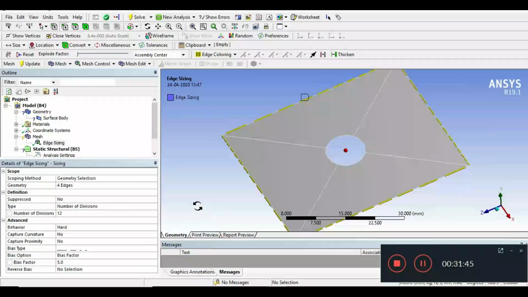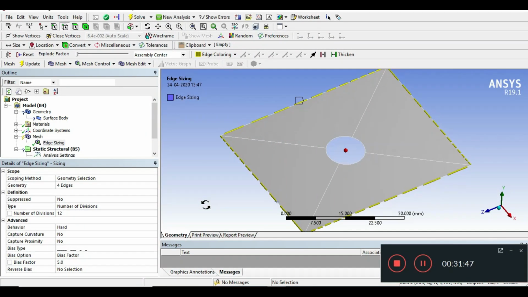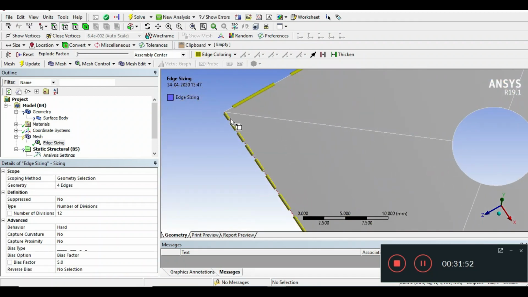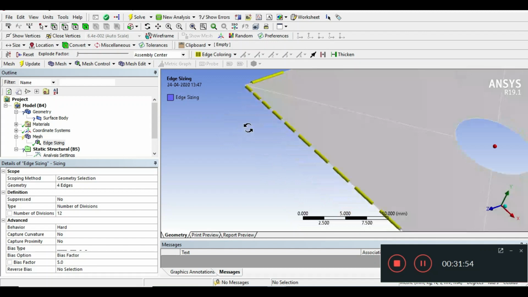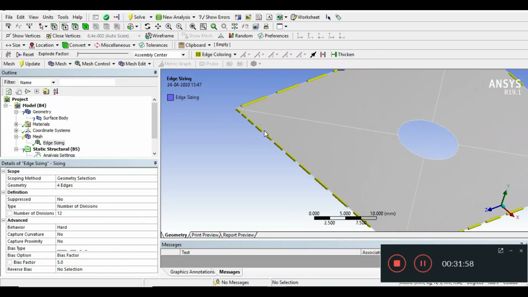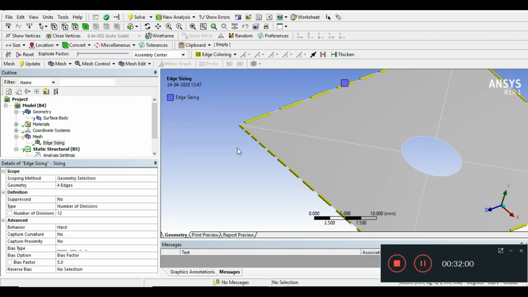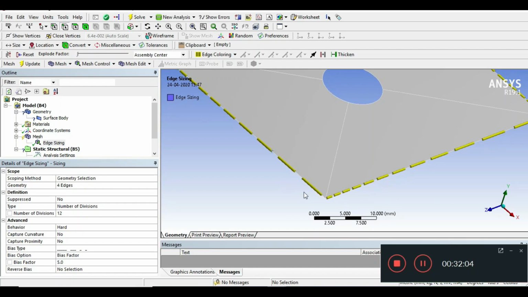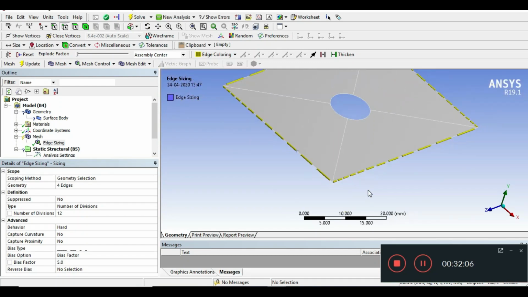So here is the difference, right? So here the grading is at the left side of this edge, and that means smallest element is at the left side of the edge, and largest element is at right side of the edge. So this is the difference.